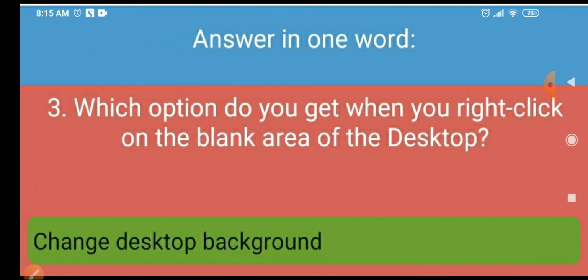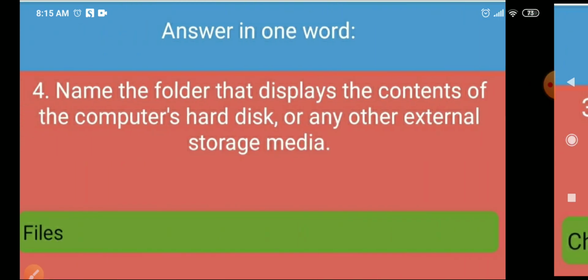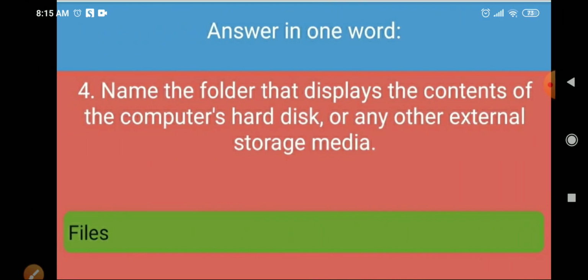Which option do you get when you right click on the blank area of the desktop? We get the change desktop background option. Name the folder that displays the content of the computer's hard disk or any other external storage media. It is file.